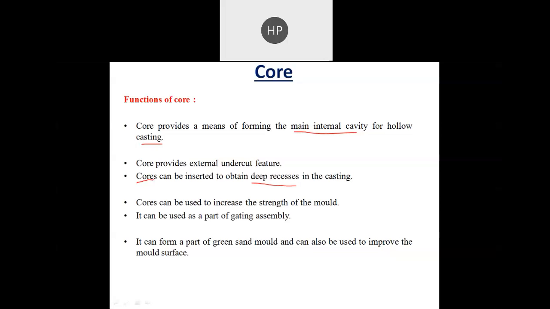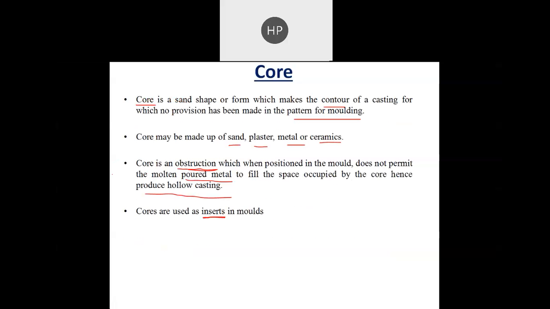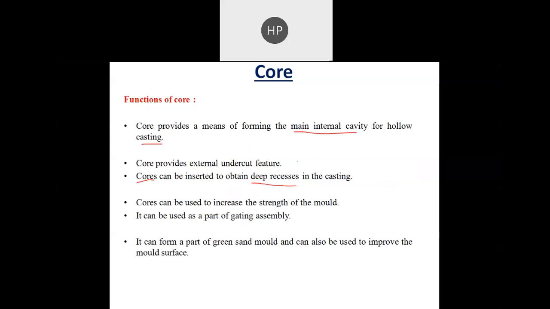Core can be used to increase the strength of the mold, because core is made up of the sand itself, or core may be made up of either sand, plaster, metal or ceramic. So all the components having high strength will provide a support when used in the mold. So the core will provide support so that the strength of the mold will increase,